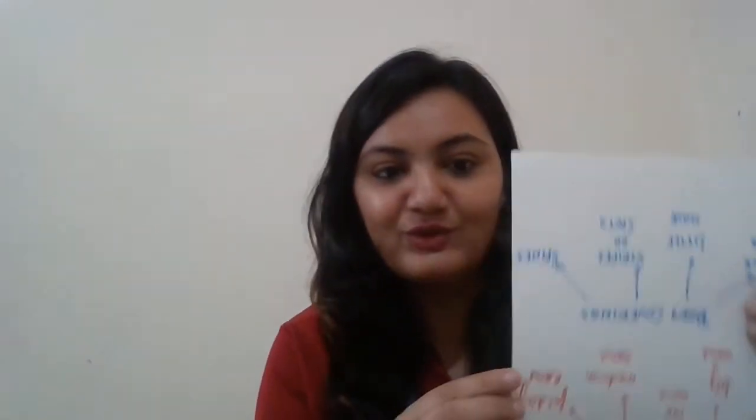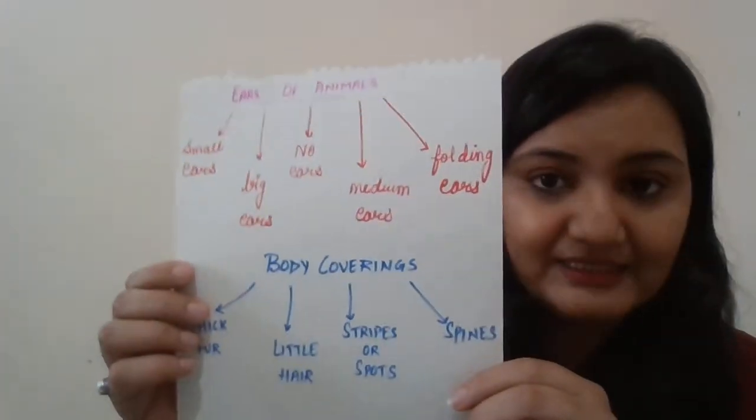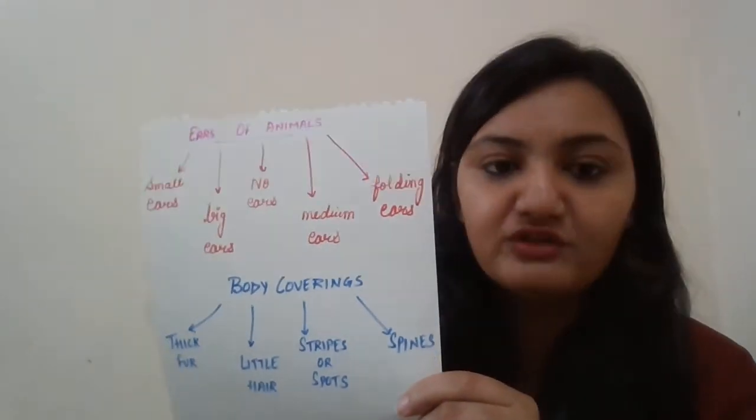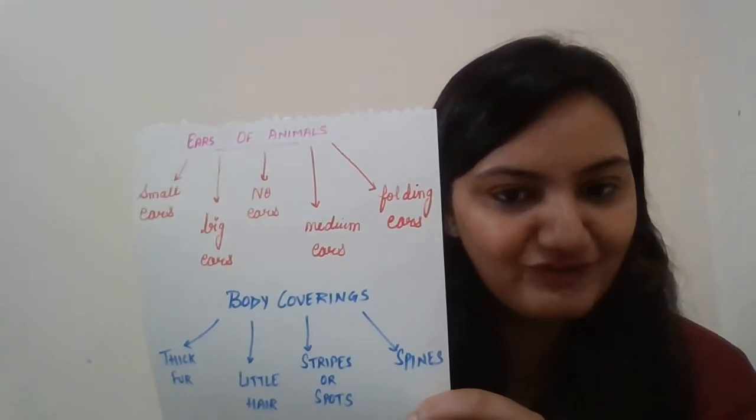Now comes how animals live in a group and how they identify things around them. They always have a specific kind of hair, right? Along with the hair, they have beautiful ears. So we are going to discuss more about animals' ears. Here is the slide which is talking about animals' ears. I'm going to discuss only the types, and there I'll be giving you a task at the end of the video.